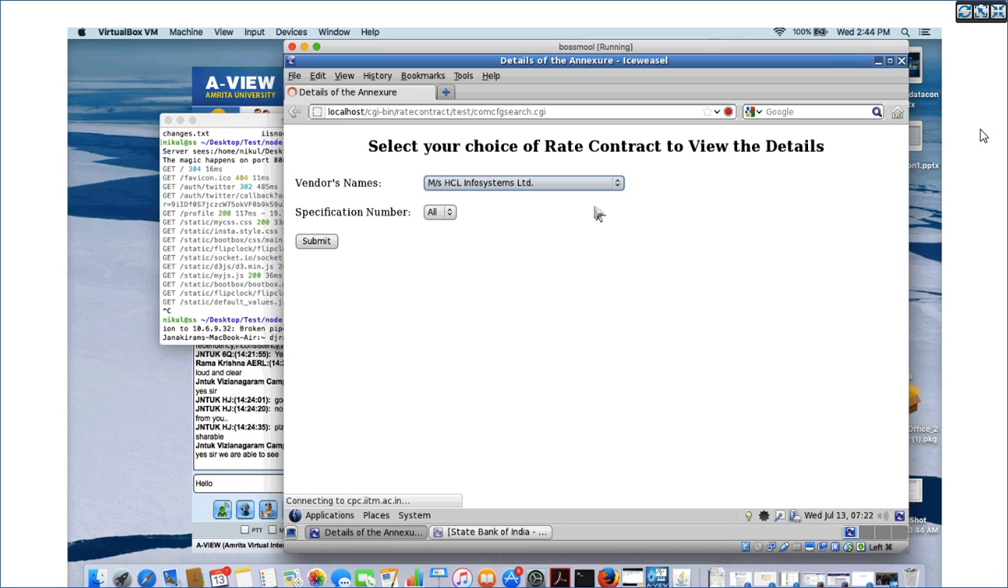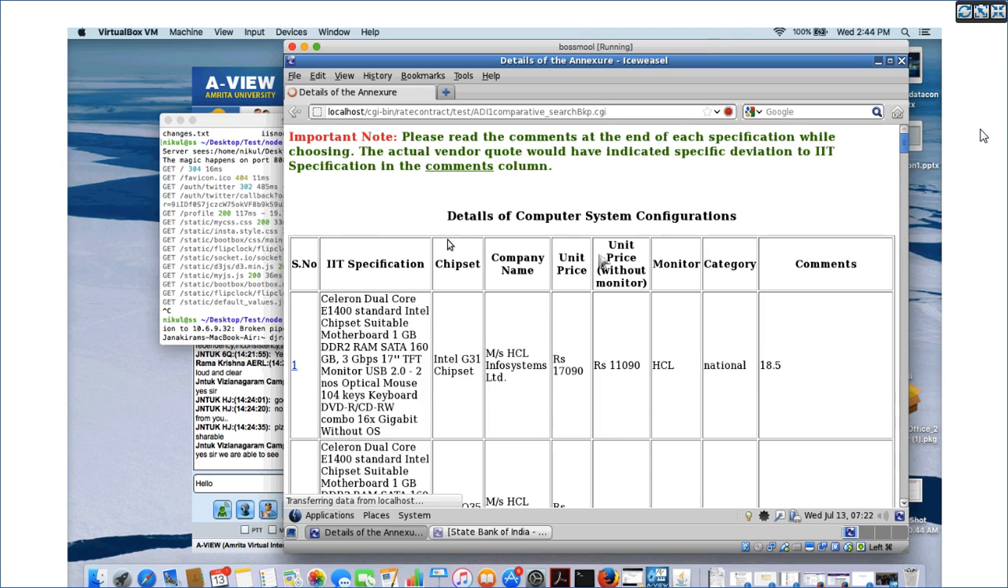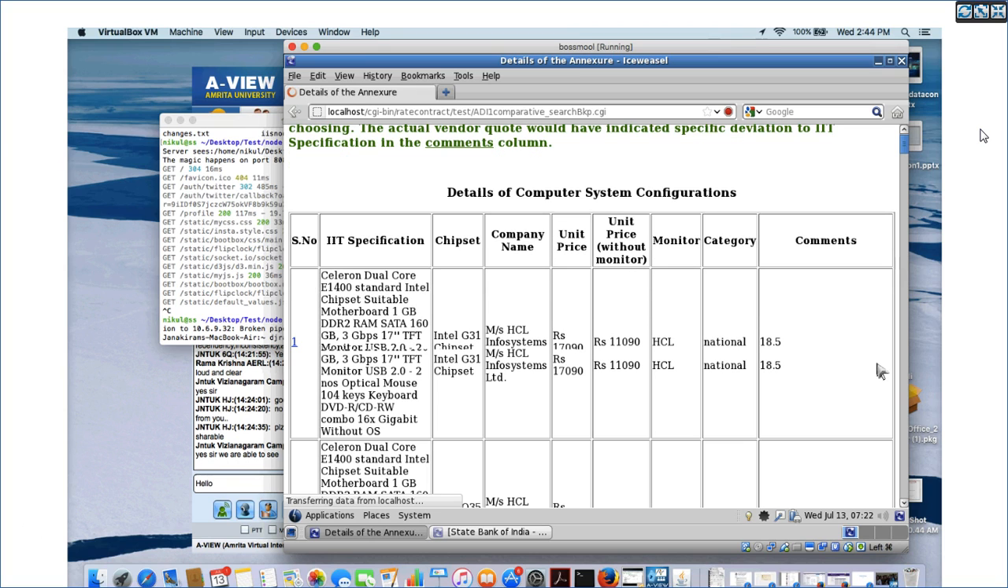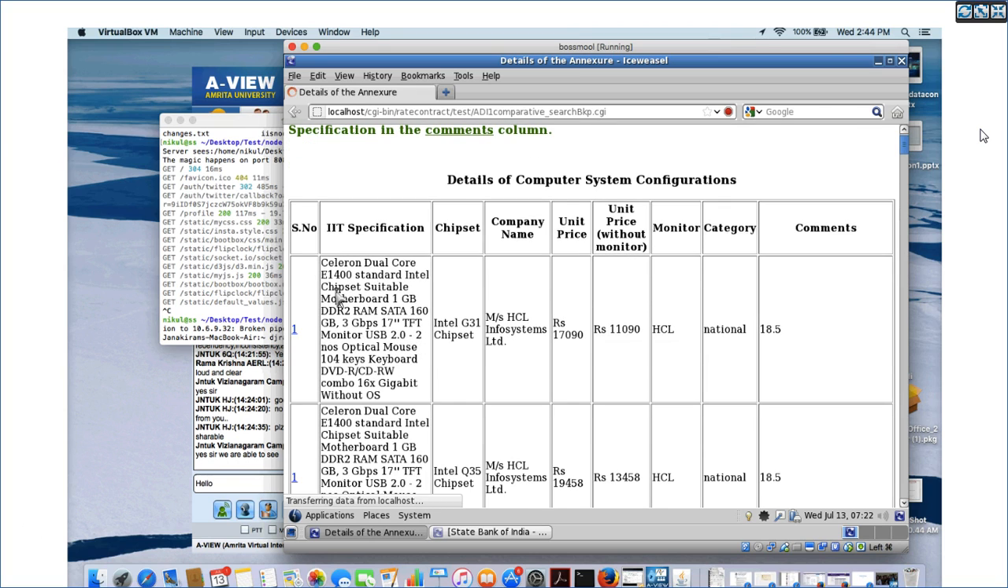Now let us say I'm interested in finding out if HCL has any systems in rate contract that it can supply to IIT Madras. Then I say submit. Now these are all the systems HCL can supply to IIT Madras. You can see Celeron dual core E4. This is the IIT specification, E1400 standard Intel chipset suitable. This is specification 1, the specification for which IIT Madras